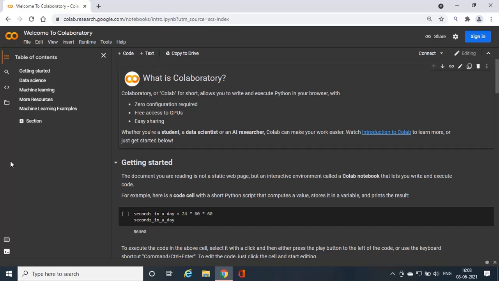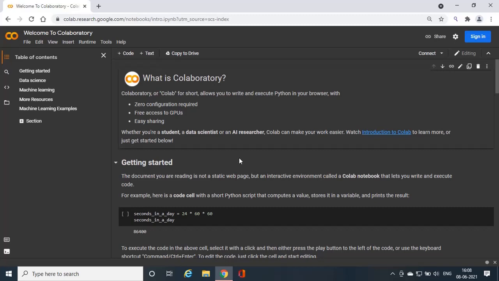You will not be using your local system resources. When I say local system resources, that means you will not use your system memory and the storage which you have in your CPU, because Google Colab is a cloud-based platform and this is open for everyone, and it's free to use. And you should have a Gmail account to connect with Google Colab, because this is a product of Google.